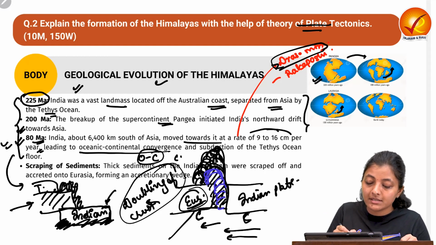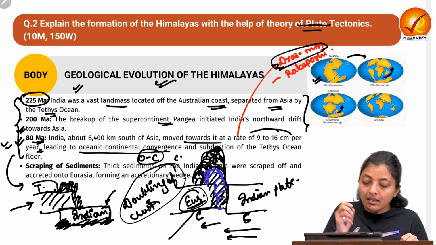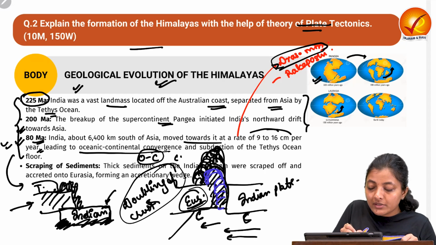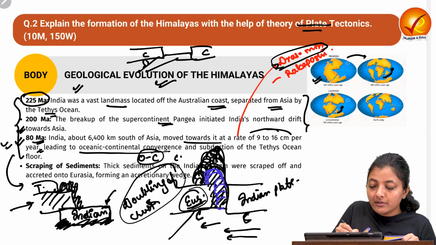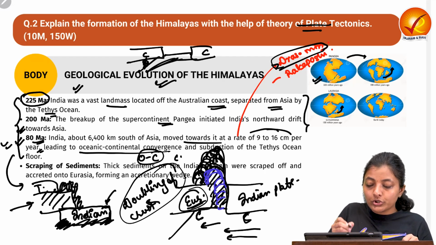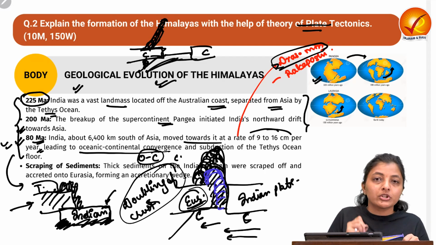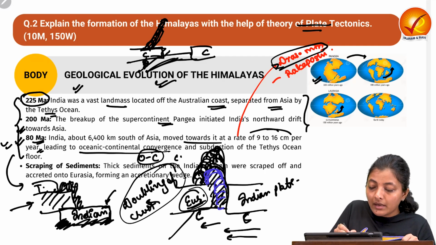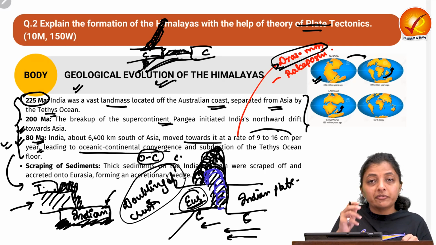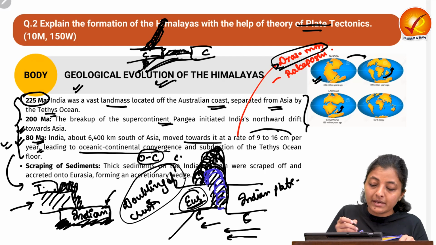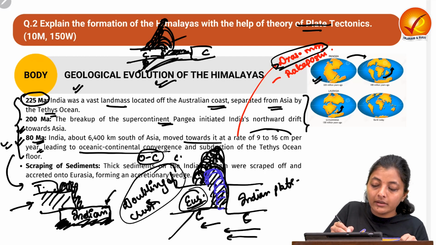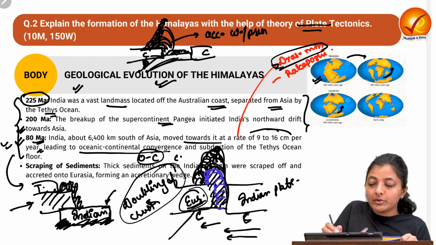Okay, so now this is the geological evolution of the Himalayas. Let's revise once again. First, there was a continent, and an oceanic plate was there. There was a partial melting of the oceanic slab, resulting in the volcanic arc formation, resulting in the continental arc formation on this Eurasian plate. And there is a scraping of the different types of features on the oceanic plates, which get accumulated over here, resulting in the formation of the accretionary wedge or the accretionary prism.